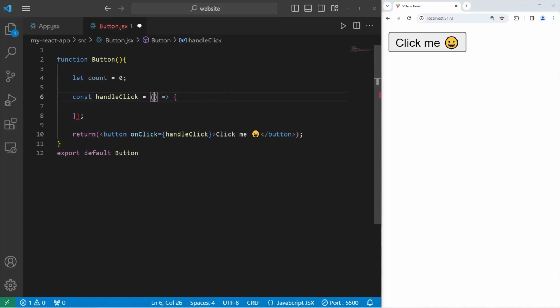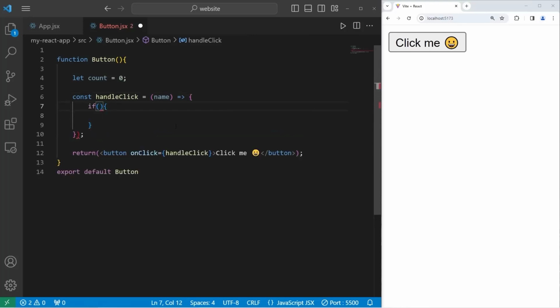With our handleClick function, let's have one parameter, a name. What would we like to do? Let's check to see if our count variable is less than 3. If it is, let's increase count by 1. Then